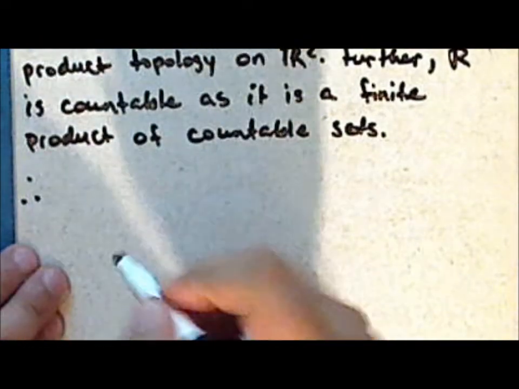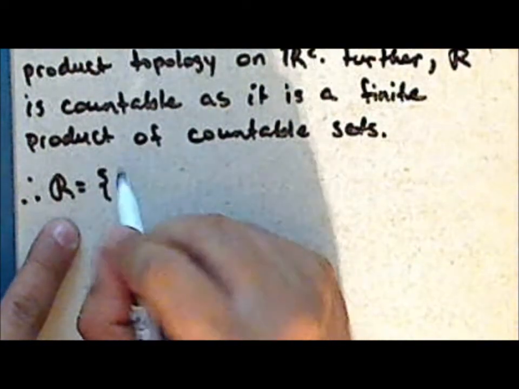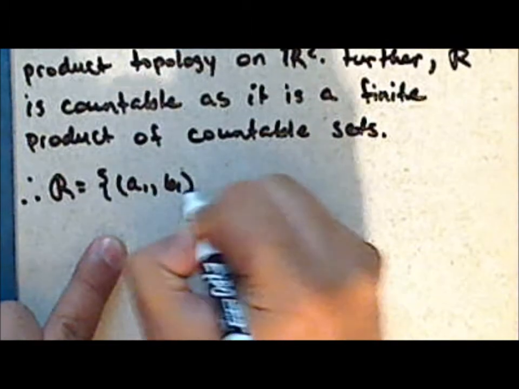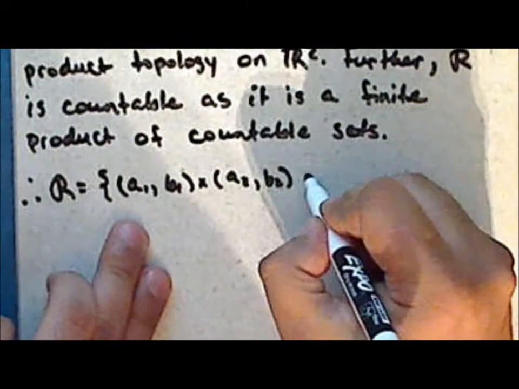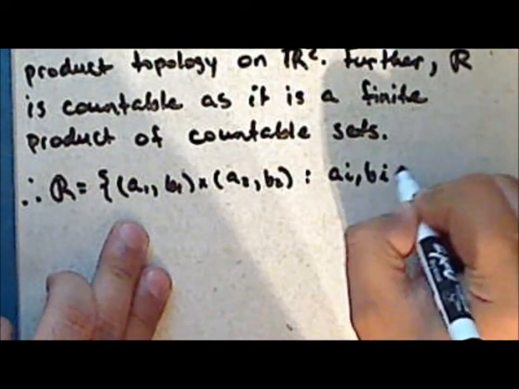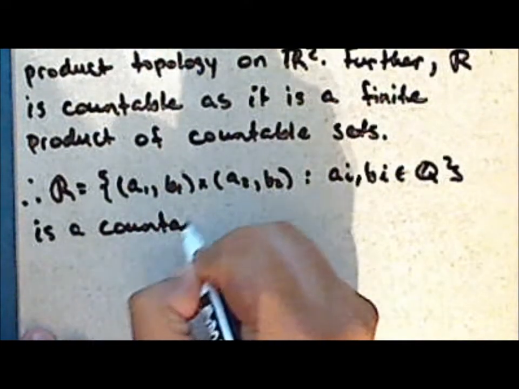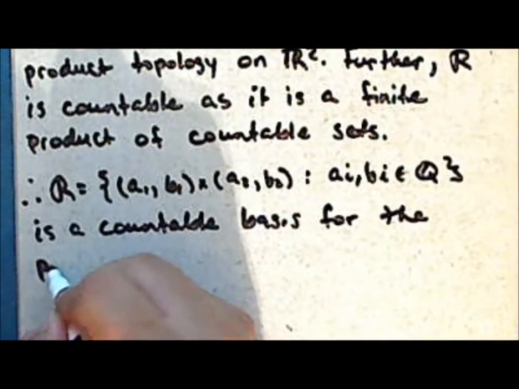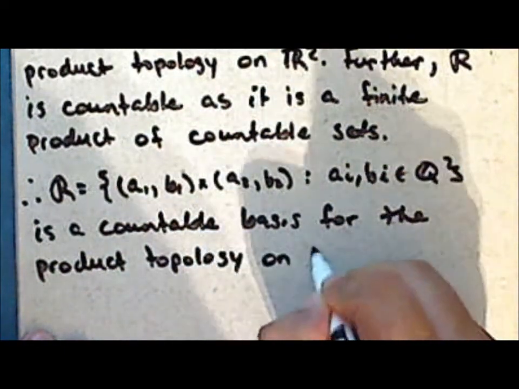So we have demonstrated that the collection script R, being the collection of open rectangles, each produced as a product of open intervals, parallel to the axes, where the endpoints are rational, is a countable basis for the product topology on the real plane. All right, now,